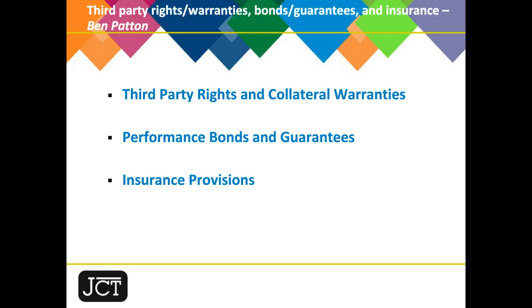But in relation to professional indemnity insurance, the terms of the JCT collateral warranties and third-party rights have been brought into line so that in a D&B context, or if there is a contractor's designed portion and the contract requires the contractor to take out and maintain professional indemnity insurance, the purchasers, tenants or funder will automatically receive an undertaking now from the contractor or subcontractor in relation to such insurance, and that will be in the same terms as those given to the employer under the main contract, or the main contractor under the subcontract, in fact.